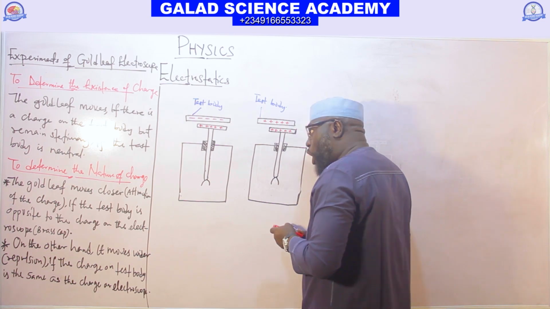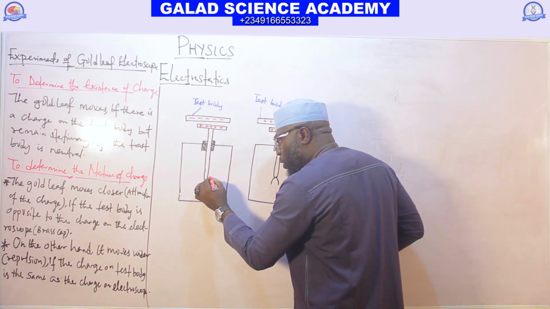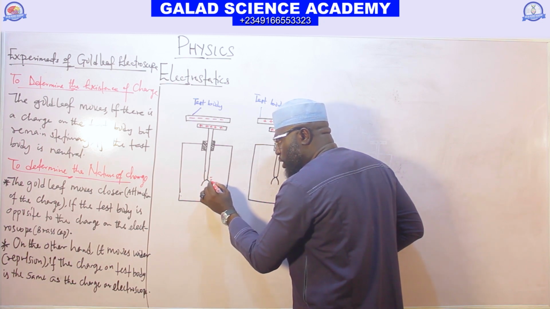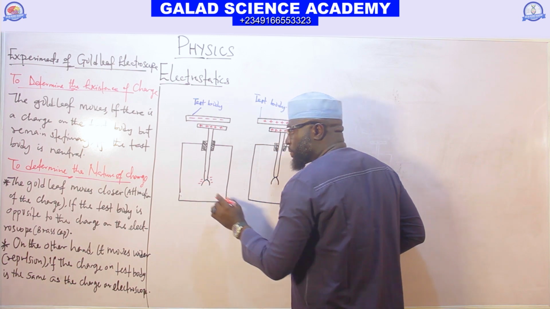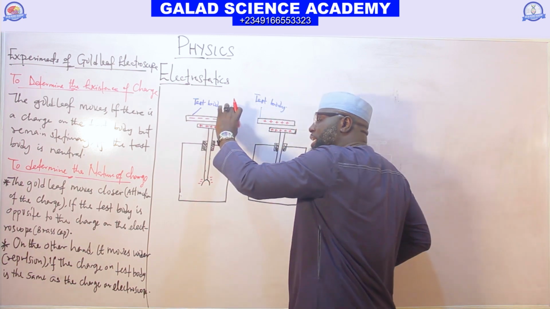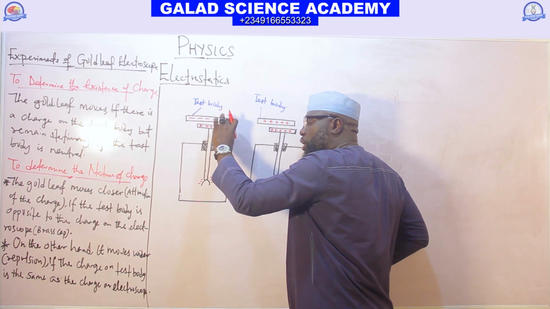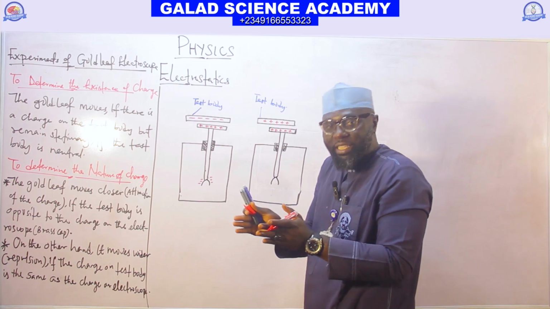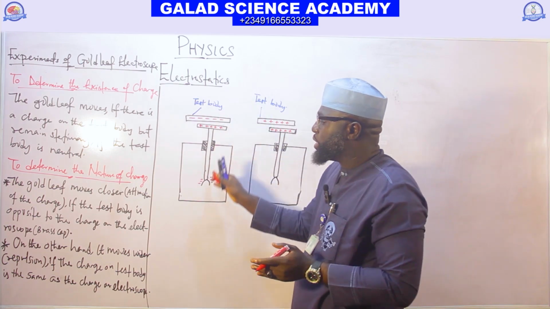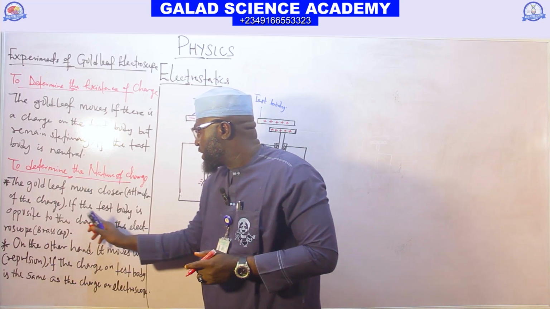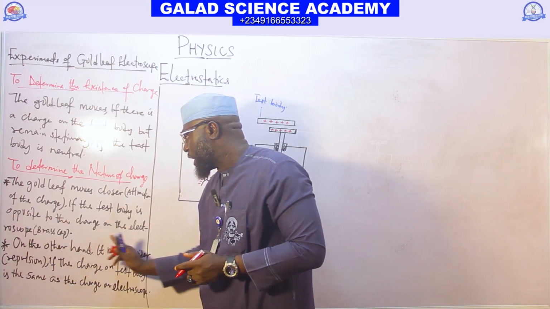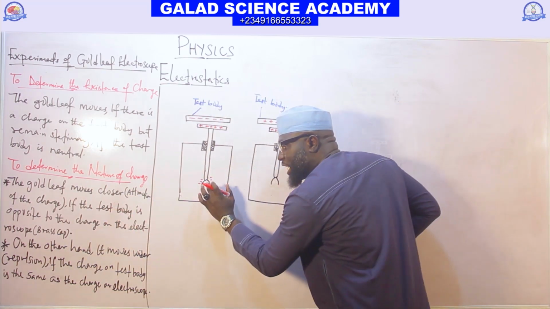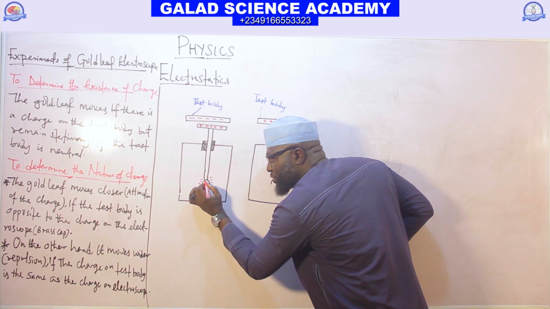And here, we all know that the negative charge will come down to this side. Since this is positive and negative, the leaves we have here will attract, they will converge. I said it here: if the test body is opposite charge to the electroscope, what happens to the leaf? The leaf will move closer. So this is the original size of the leaf. This leaf now will move